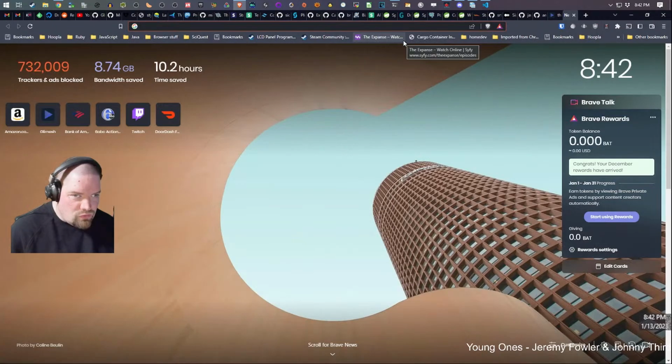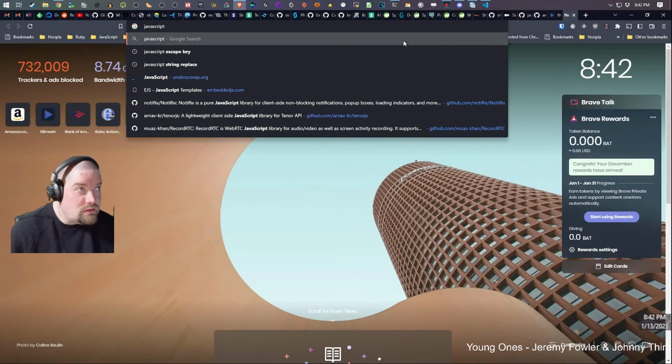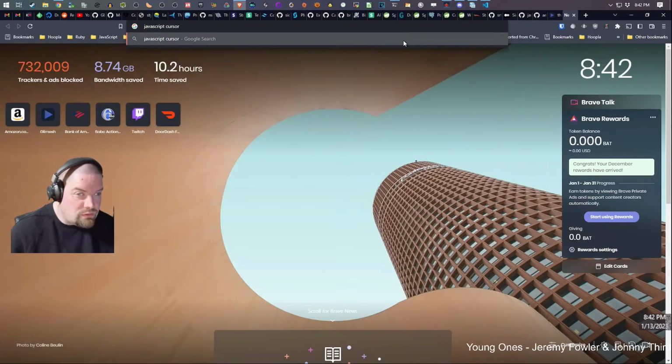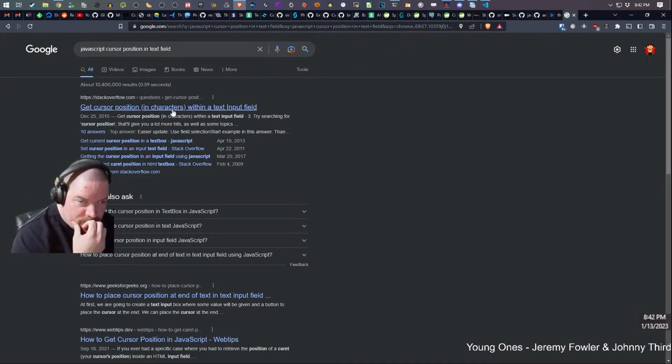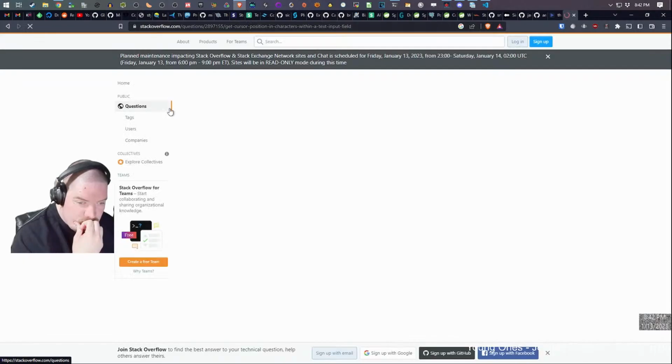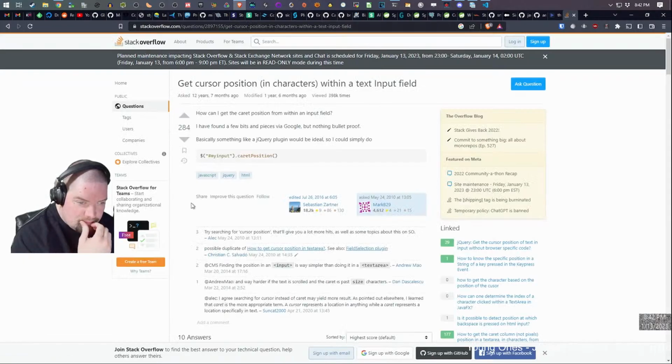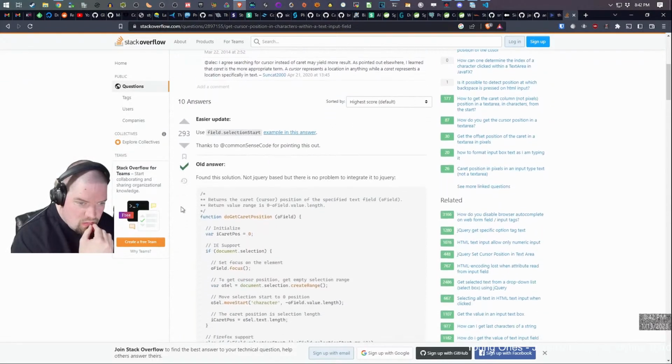So I wonder if I do, let's see, JavaScript cursor position in text field. Selection start.